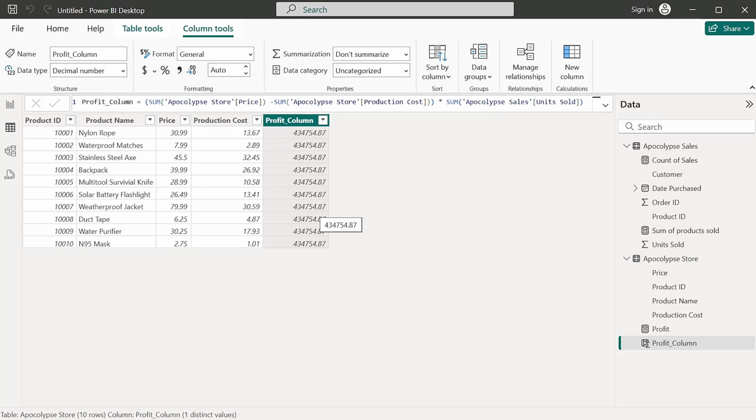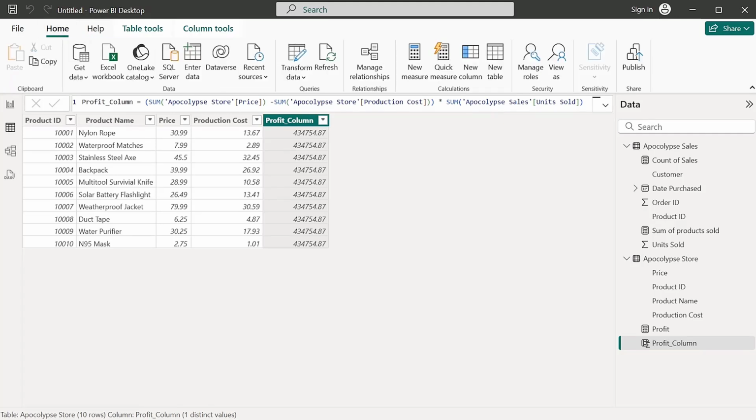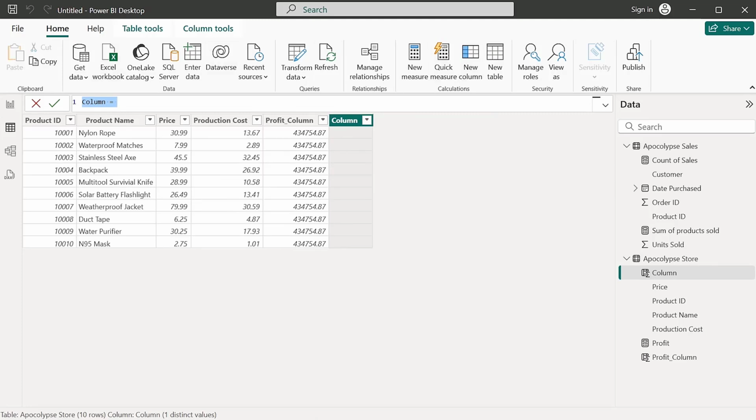But that's not what we want to show. What we wanted to show is the profit for each row. So here is the price for the row, and then how many units were sold, and then it will calculate that and give us the actual profit just for that row, right? But we can't do it using this sum. So we need to use what is called the SUMX. So let's add another column. Let's go back to home. So we click on new column. Now we're going to say